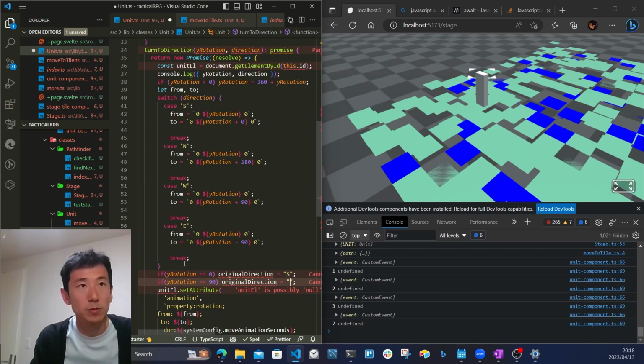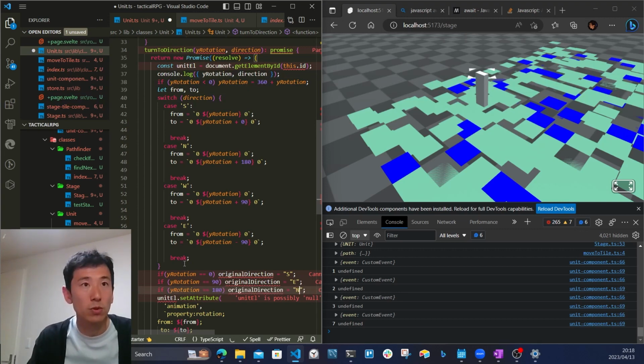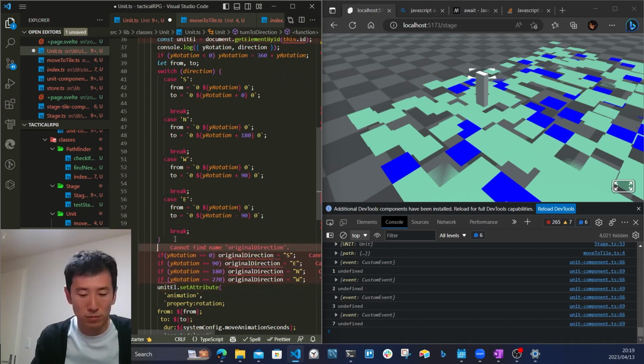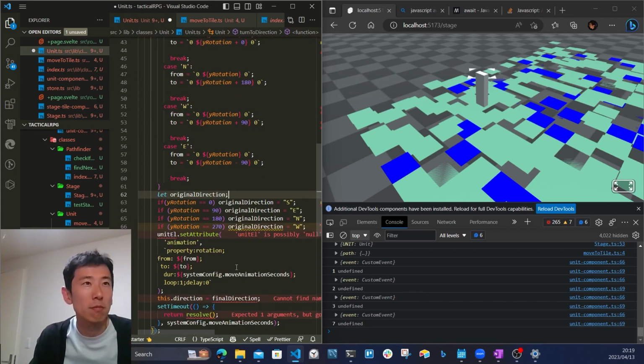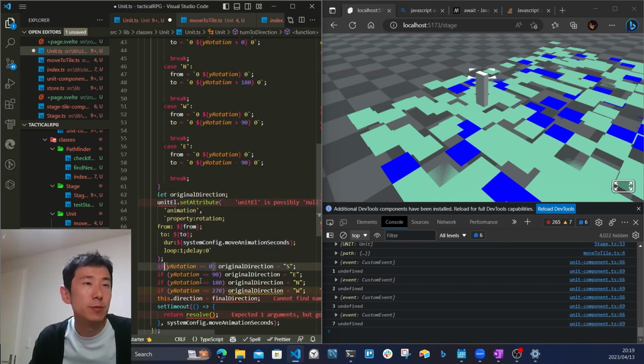Original direction is east, 90. North. When we know the original direction, and